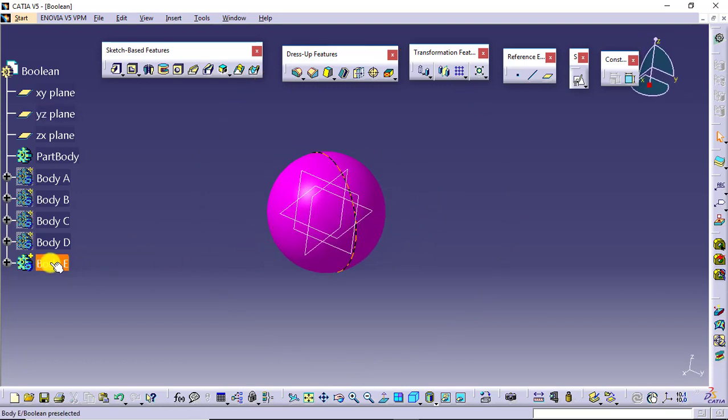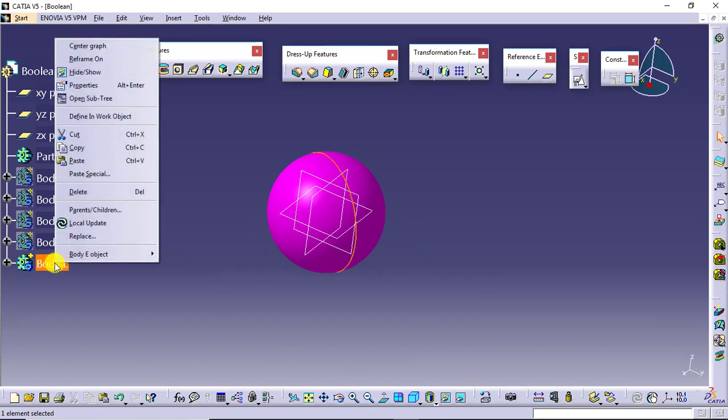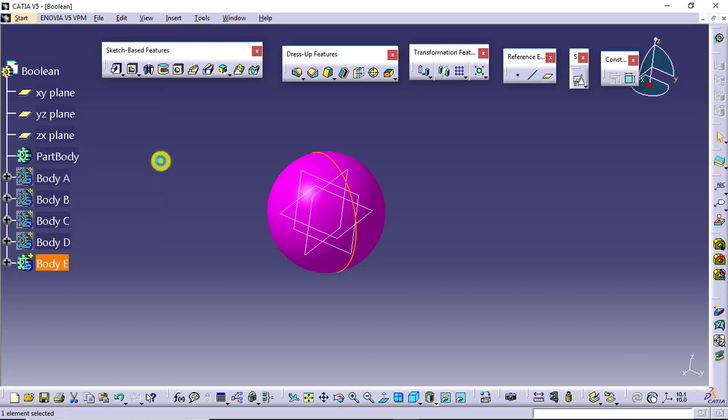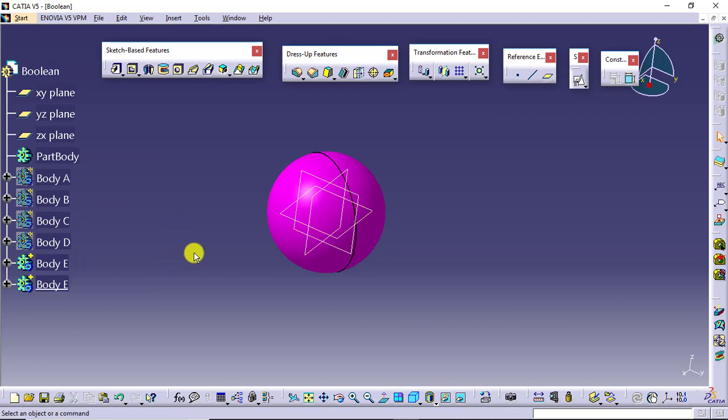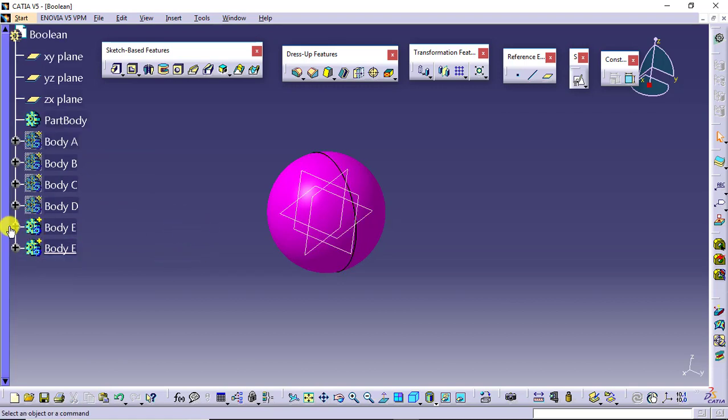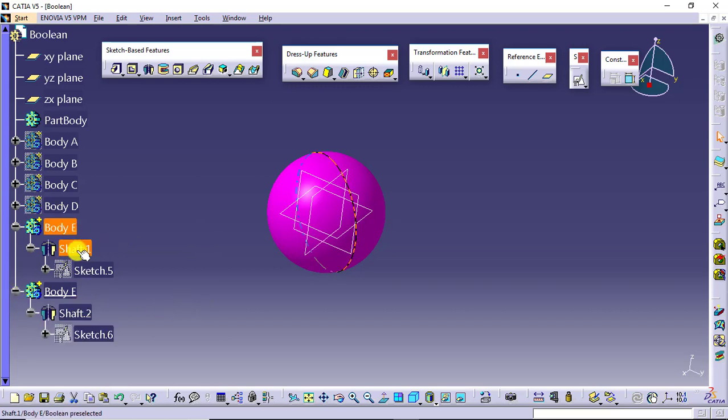I will right click on that body and go for copy. You can use Control C, and I will paste the same body. Right click, paste. As I paste this body, what will happen? You can see over here in the feature tree, we have body E, shaft, and its sketch.